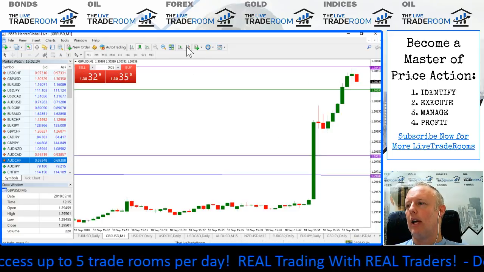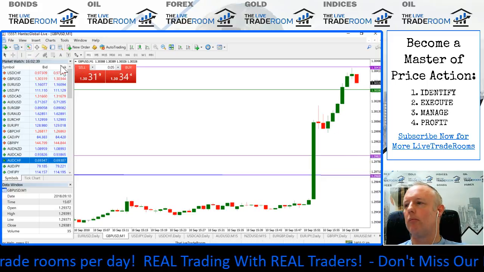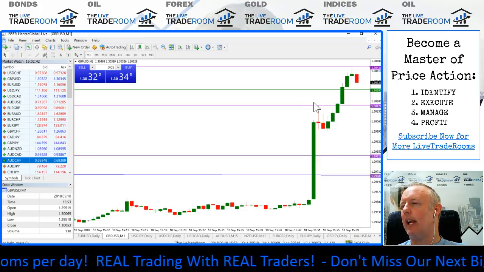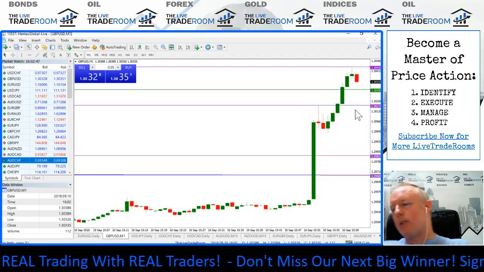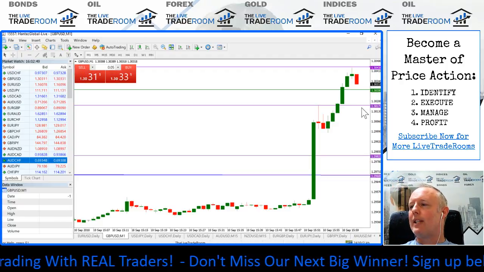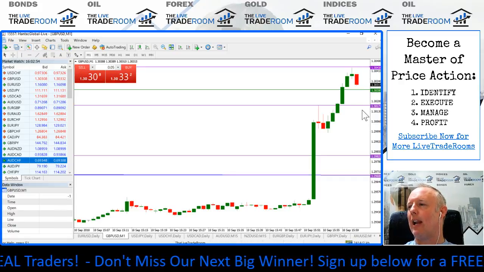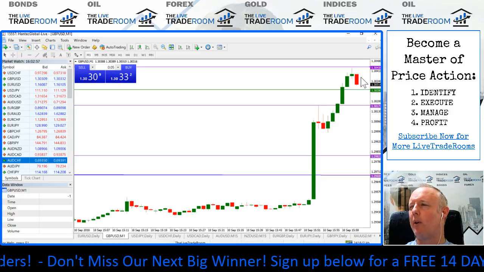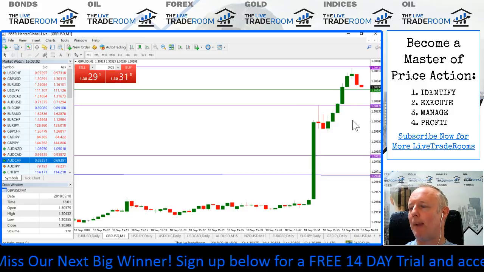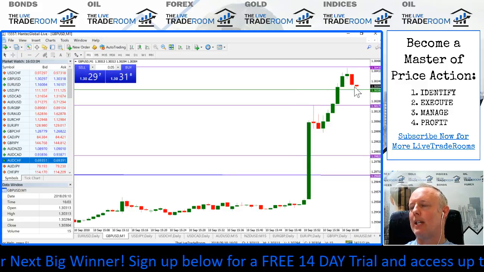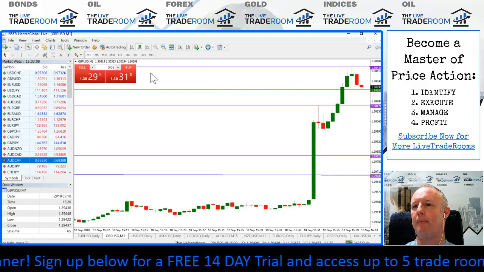So we would like to see this market even pull back to maybe something like this level in here. If it could pull back, what would that be? 15 pips, something like that, then it creates a low in the market. So if we get the breakout above the 30.43, then at least we've got a low that we can work with. Yes, it will be perhaps a 25, 26 pip stop loss, but that's not a major problem. Capitalizing on continuation to the upside is really what our focus is right now.